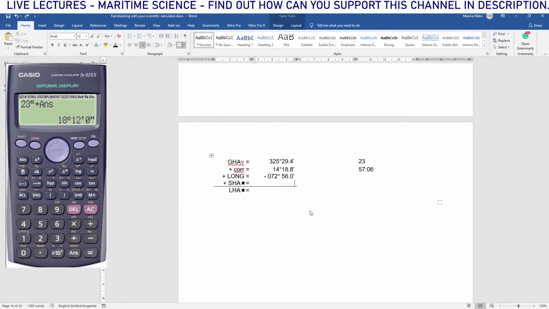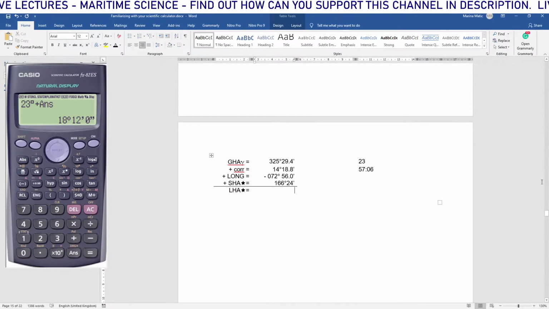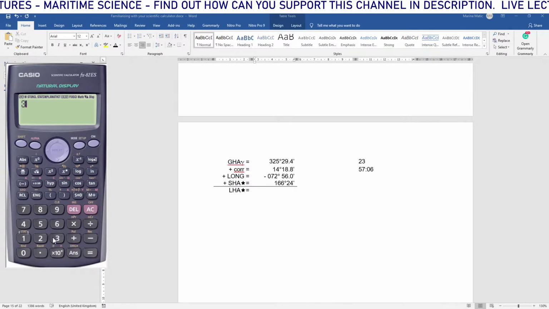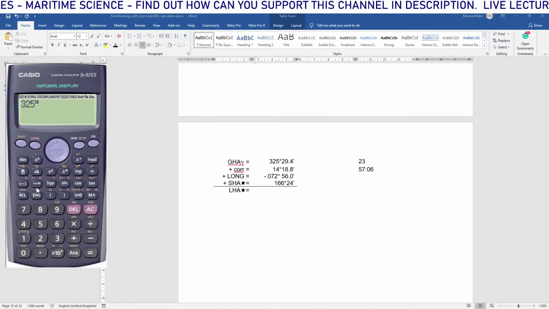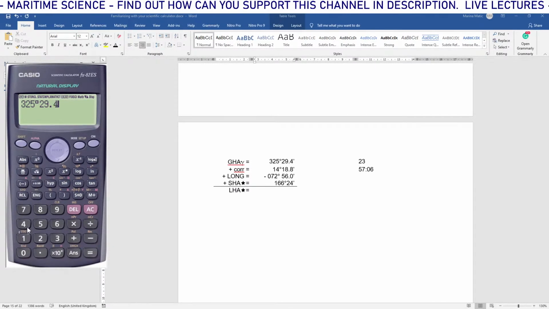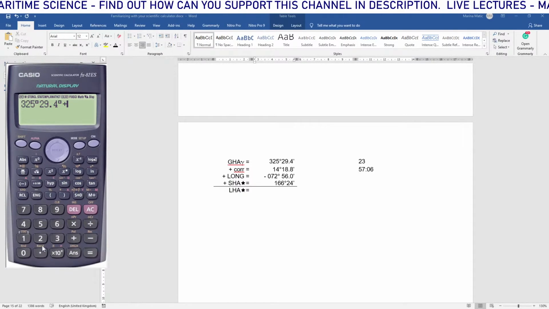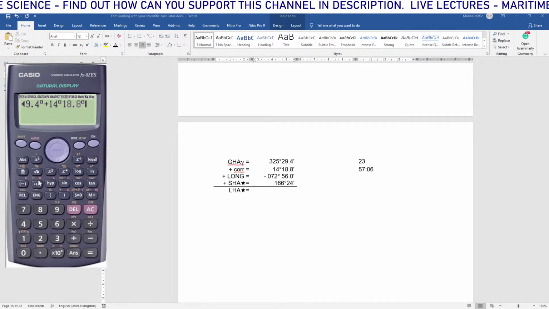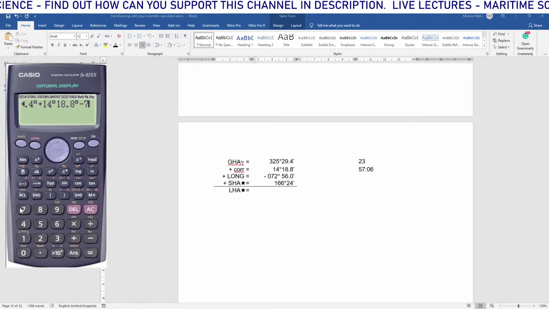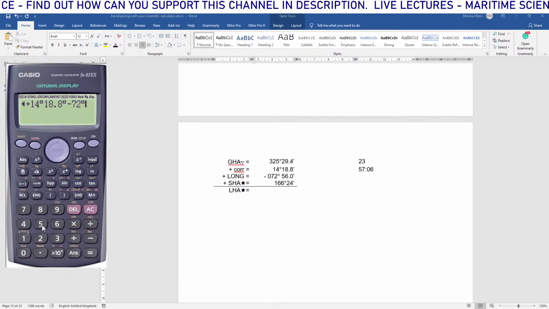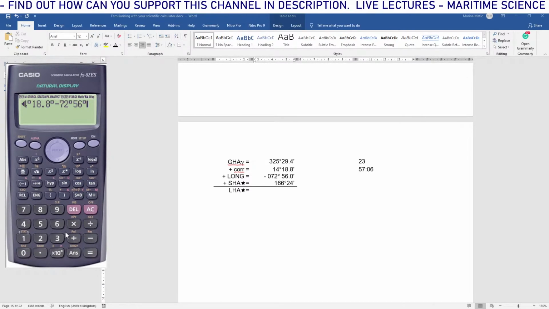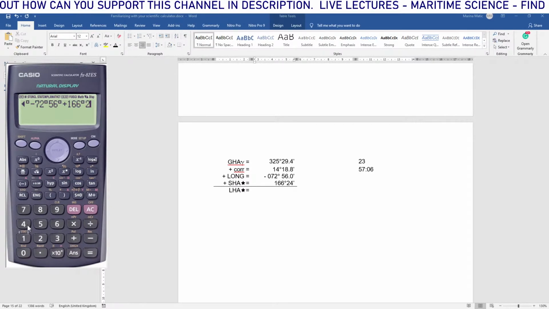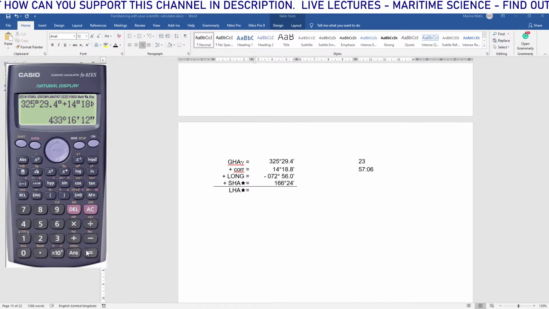Let's go back here. And now we take the calculator. You have the calculator on. Let's start with 35 degrees, 29.4 plus 14 degrees, 18.8 minutes, minus 72 degrees, 56 minutes, and plus 166 degrees, 24 minutes equals, and we get,